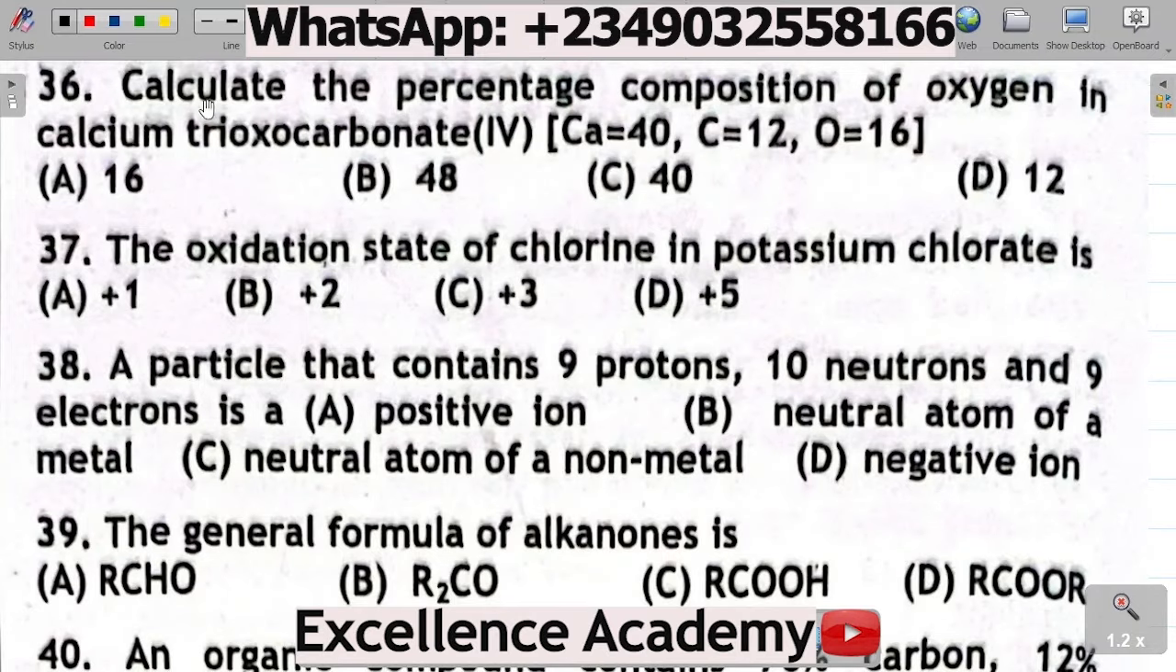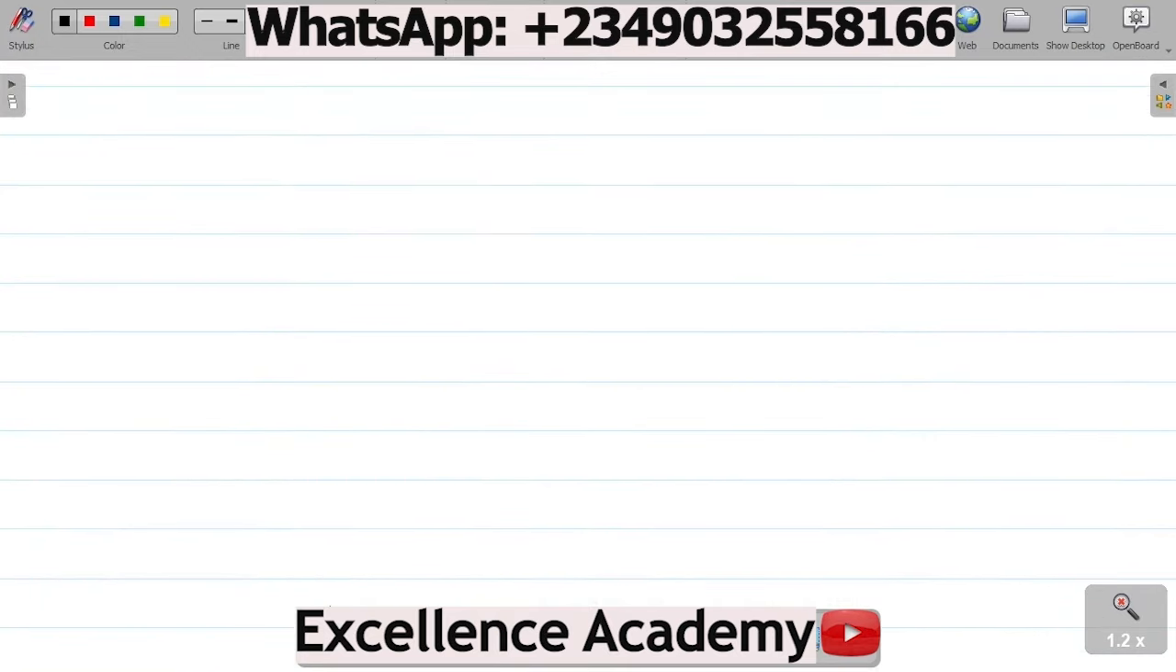Let's look at question number 36. Question 36 says, calculate the percentage composition of oxygen in calcium trioxocarbonate 4, CaCO3. They gave you the atomic mass of calcium as 40, carbon as 12, oxygen as 16. You have option A as 16, option B as 48, option C as 40, and option D as 12. So let's get the percentage composition of oxygen in this compound. Now, the given compound here is